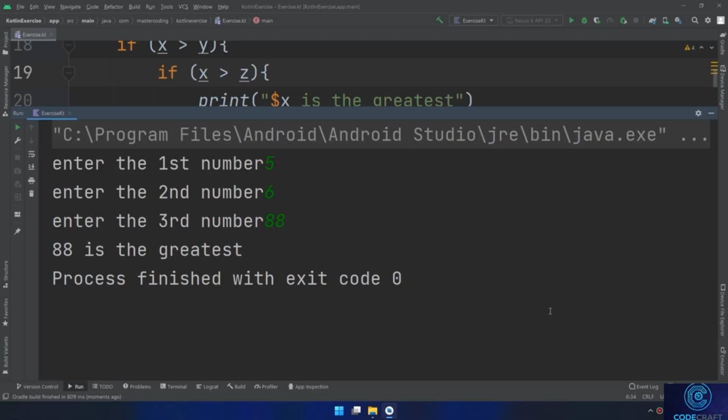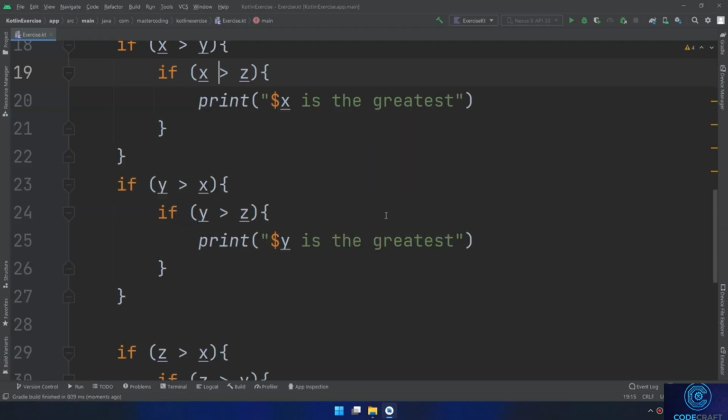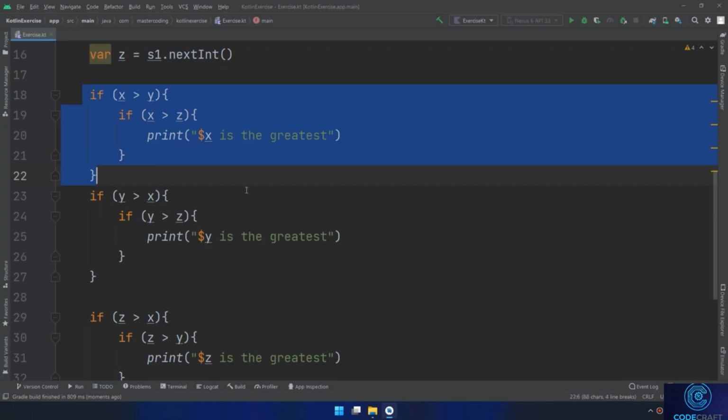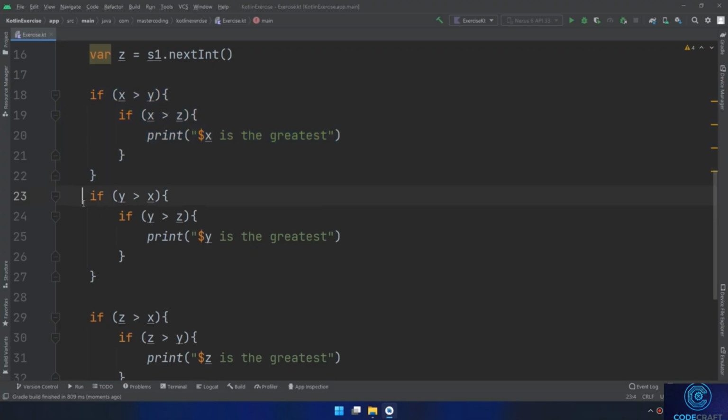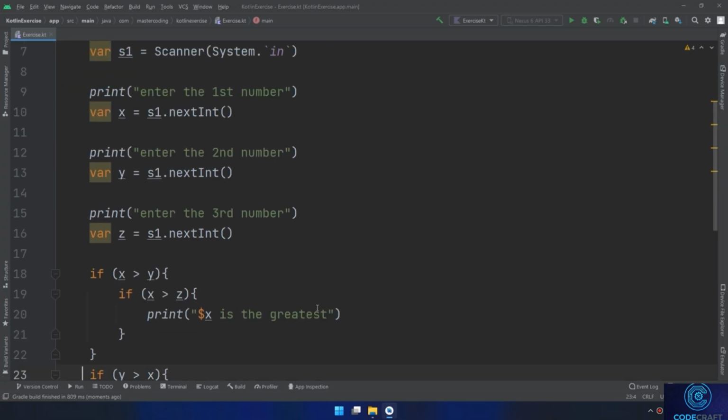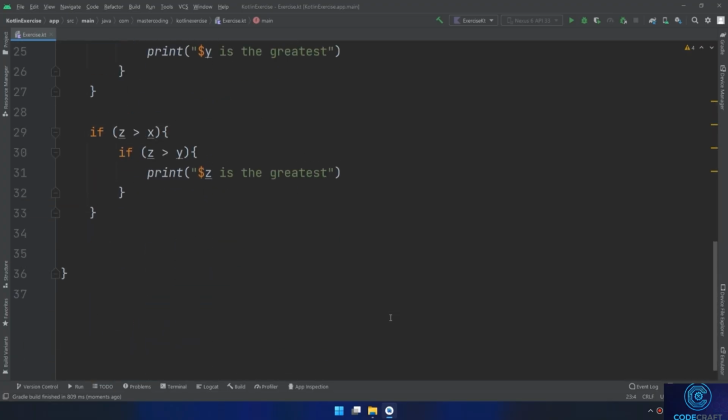Okay, so in this case, we have learned how we compare the numbers and how we divide the algorithm in order to detect the greatest number among these 3 elements. Later on, we can use the Math.max function in order to detect the maximum between the